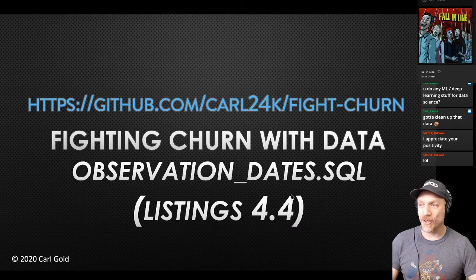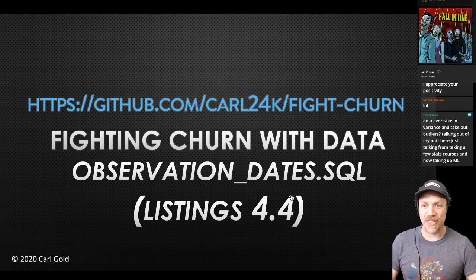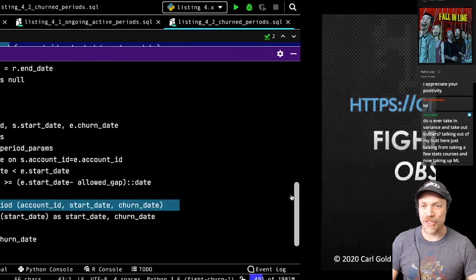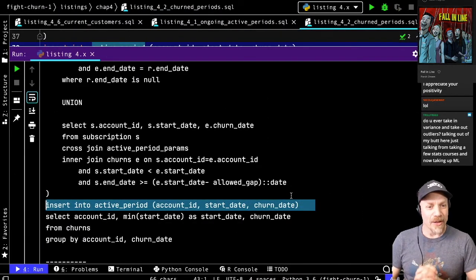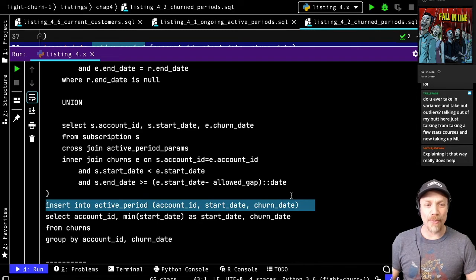So let's look at this next listing 4.4, the observation dates. And so that's chapter 4, listing 4. Do you ever take invariants and take out outliers? Yes and no. So we definitely do a normalization later.